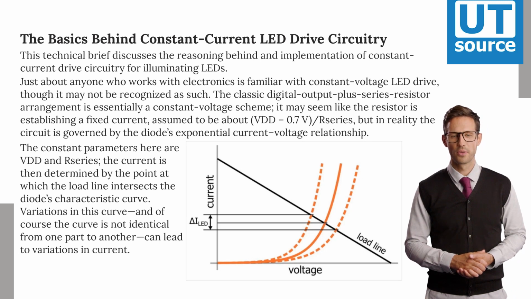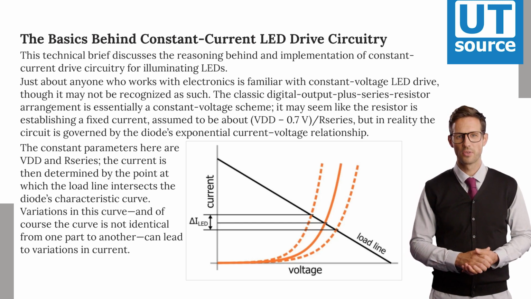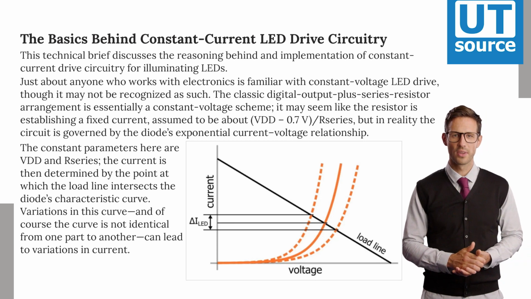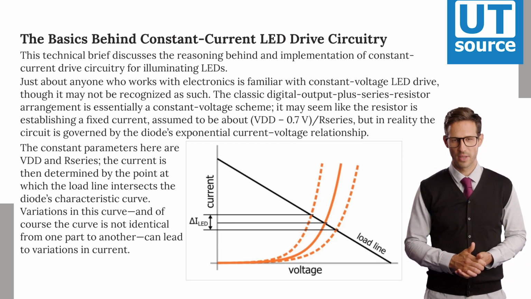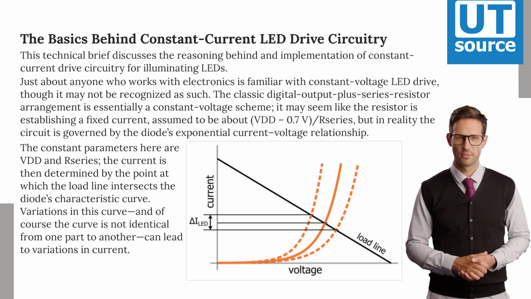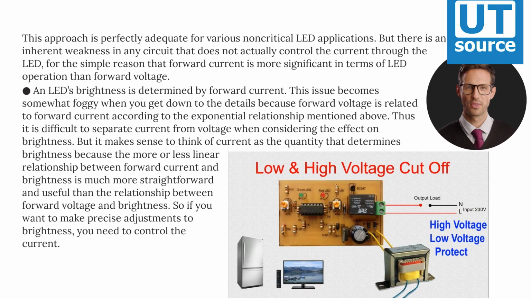The constant parameters here are VDD and R series. The current is then determined by the point at which the load line intersects the diode's characteristic curve. Variations in this curve, and of course the curve is not identical from one part to another, can lead to variations in current. This approach is perfectly adequate for various non-critical LED applications, but there is an inherent weakness in